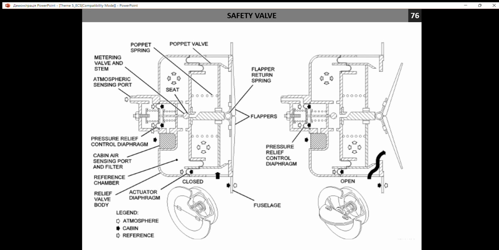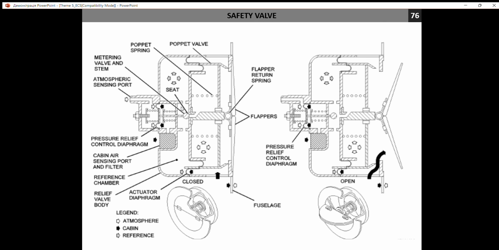This diaphragm is additionally spring loaded, and when you reach a difference of pressure, depending on the type of airplane, but approximately 8.3 psi, the cabin pressure will push our diaphragm, overcoming the spring load,